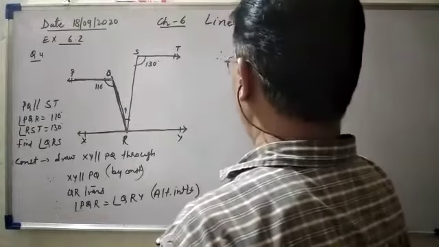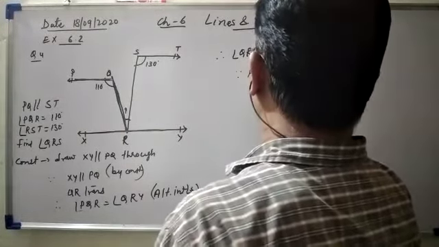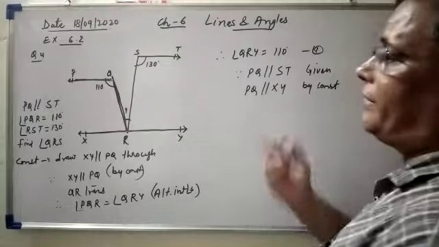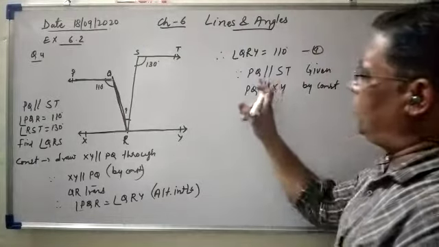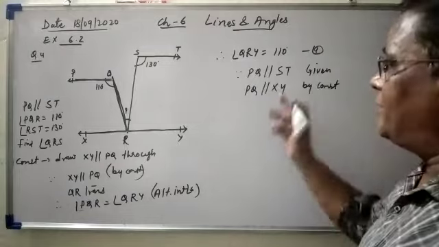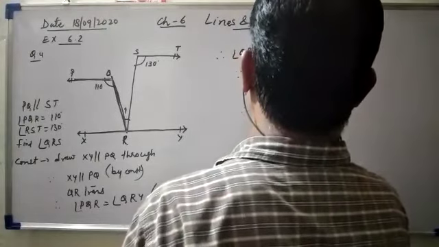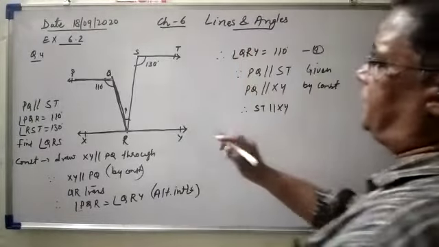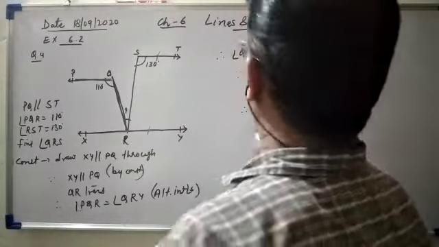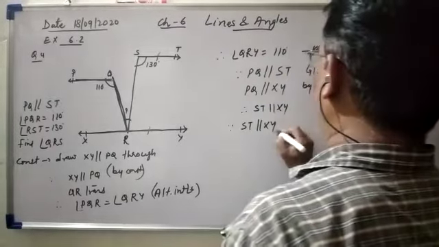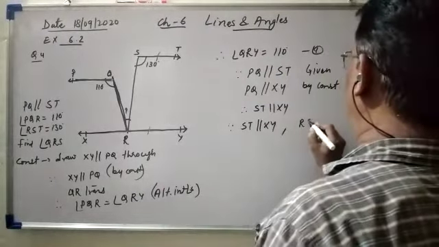Now because PQ is parallel to ST, this is given, and PQ is parallel to XY, this is by construction. We have read yesterday one theorem: when two lines are parallel to the same line, then they are also parallel. Therefore ST is parallel to XY. Okay, in this case, because ST is parallel to XY, and here RS is a transversal,